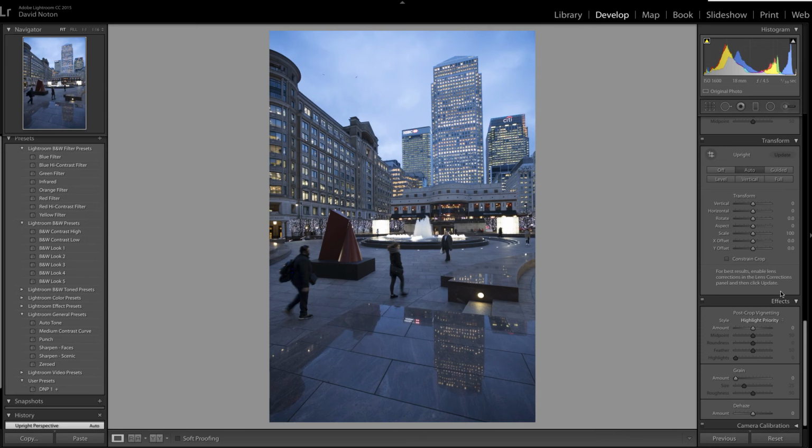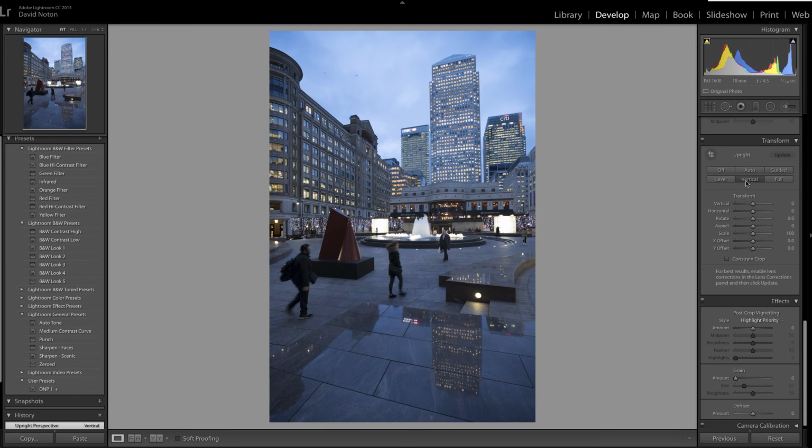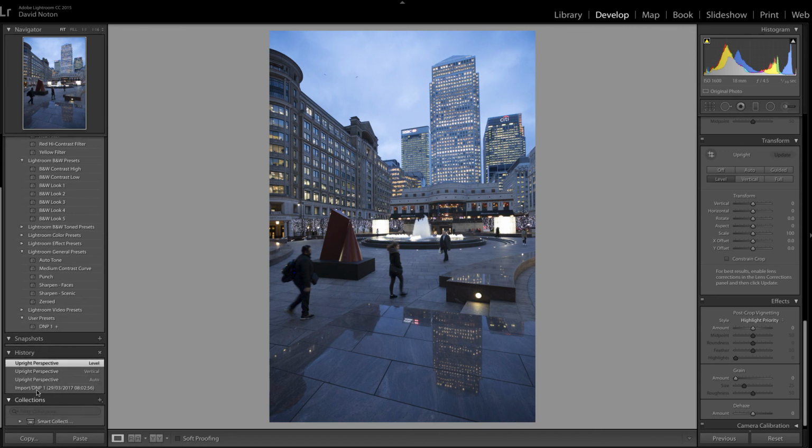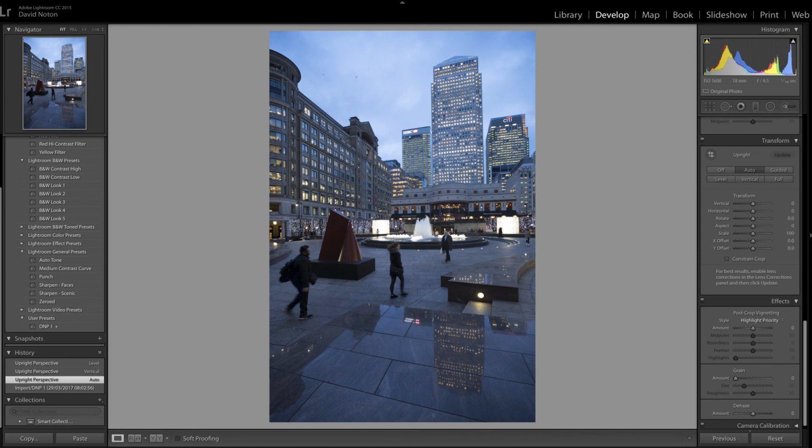That's done a reasonable job there, but it's still falling over to the left. So I'm going to go vertical, level. Still not there really, is it? So I'm going to go back to where I started on this. Let's go back to upright perspective there. I just want to